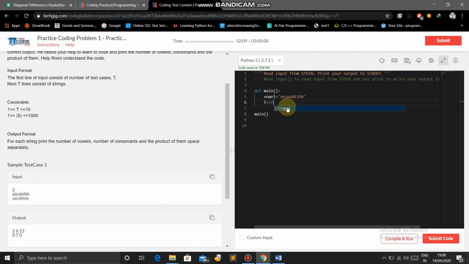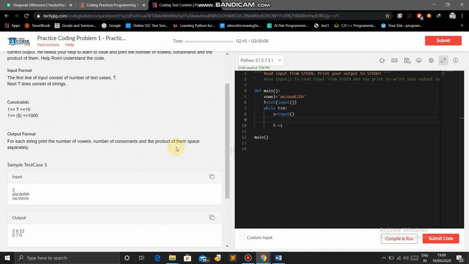T is equal to input, and the next line, while t greater than 0, t minus equal to 1 for the test cases. In the next line, the next t lines consist of a string. So s is equal to input, that will be a string.